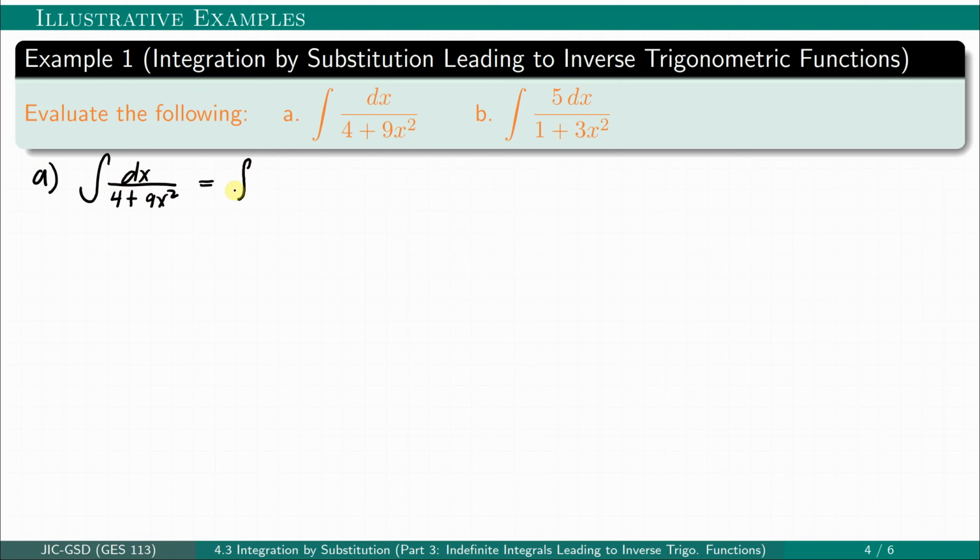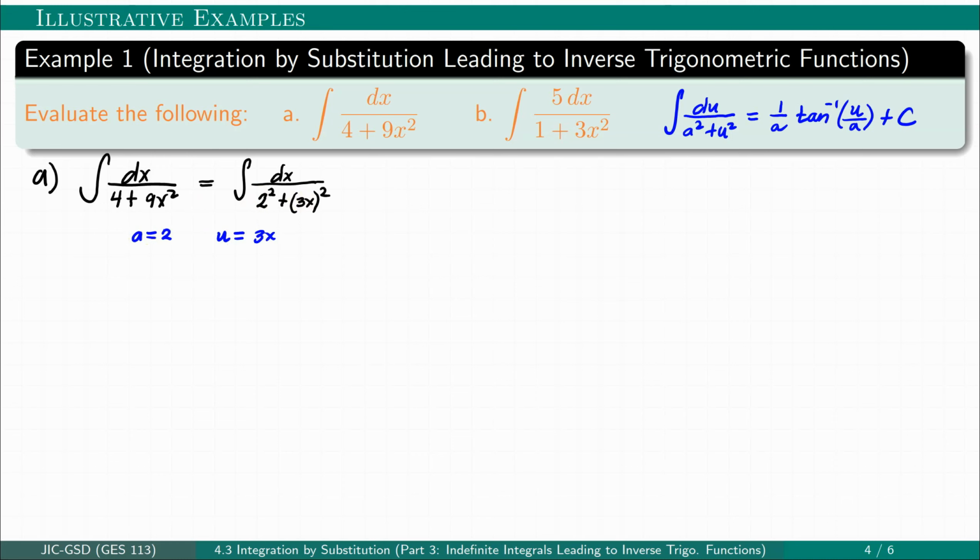Take note, we can rewrite this one as the integral of dx divided by 4, which is just 2 squared, plus 9x squared, which can be written as 3x raised to the second power. And let's recall the formula: integral of du divided by a squared plus u squared is equal to 1 divided by a tangent inverse u divided by a plus the constant c. Looking at our example, our a here is just equal to 2,